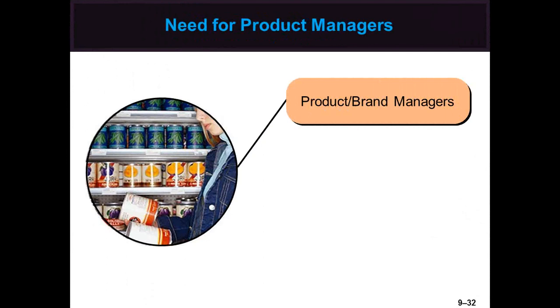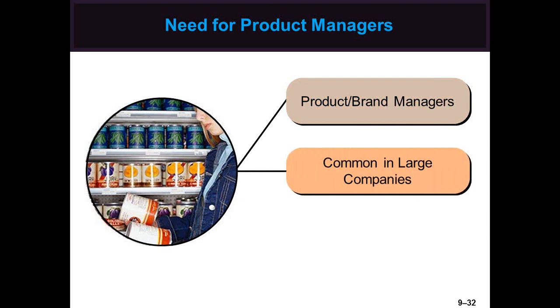When an organization develops many product categories, management may decide to put someone in charge of each category or brand to make sure that appropriate attention is paid to these products. Product managers or brand managers manage specific products and often have promotion as a major responsibility. Some brand managers begin their tasks in the new product development process and continue from there. Product managers are especially common in large companies that produce many kinds of products.